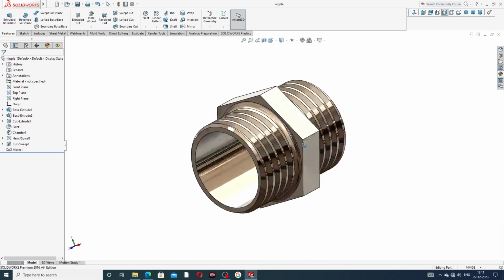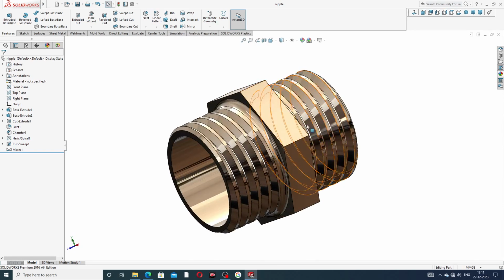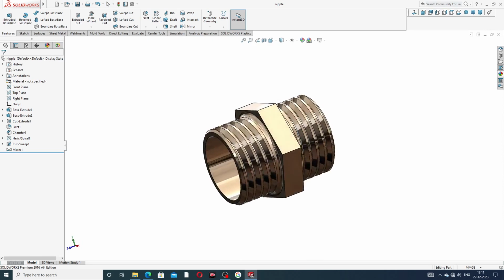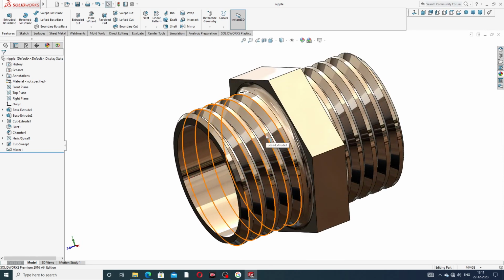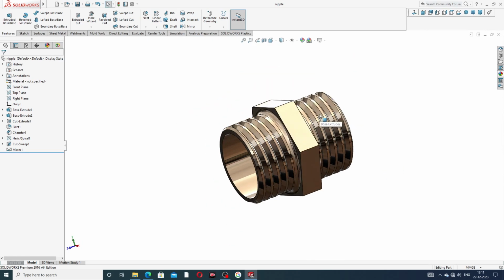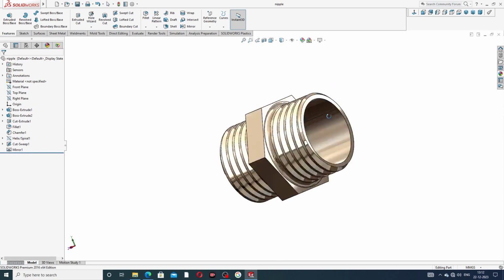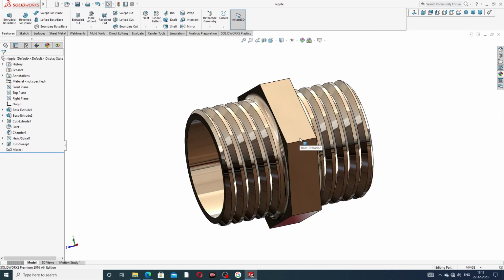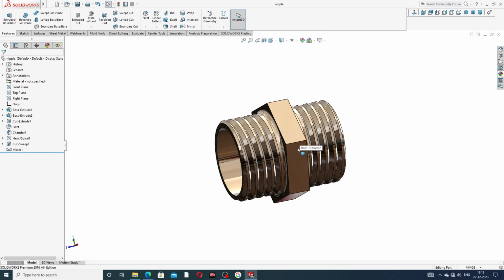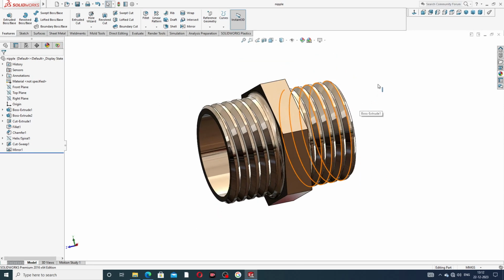This is a pipe nipple, and this cutout is very useful. This hexagon is drawn here, and with this cutout this body looks very nice. All the process of how this body is designed is learned here one by one. Okay, let's start designing this body. At first